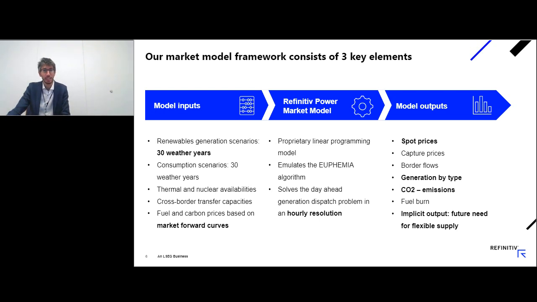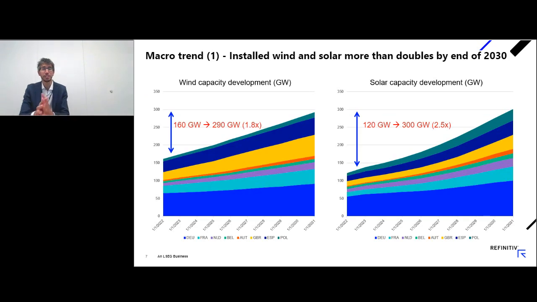So just to set the stage, probably this is information that you know, but in terms of macro trend, the current version of the model is the one that doesn't include the expansion which was proposed yesterday, actually. So we have run a scenario on that, which we will present later in this presentation. But at the moment, the assumptions of the model are a bit more conservative versus the detailed plan that was presented yesterday by the European Commission in the second version of the REPowerEU. And so per the current model,